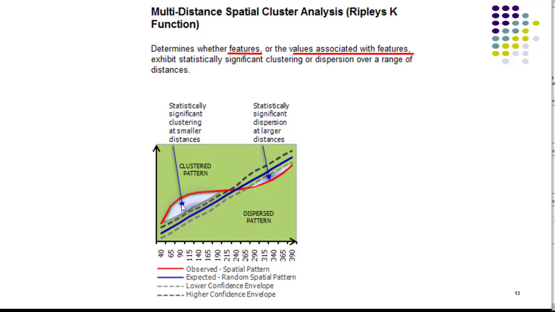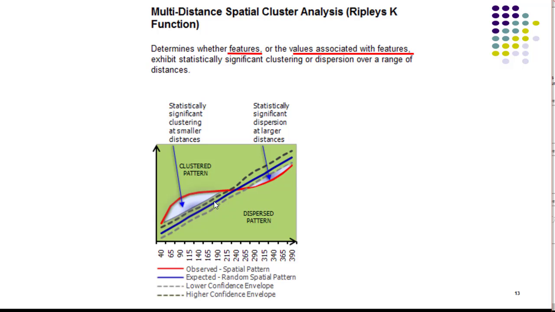All right, so again, this is a statistically significant cluster at smaller values, lower distances, and this is a statistically significant dispersion at larger distances. Okay? And those specific distances in which we start to see the clustered pattern go away occur at this distance, about 215. Where we start to see a dispersion pattern occur looks like about 265 and all the way up to like 365. So in looking at this graphic, we would conclude that we have a dispersed pattern of our distribution between 265 and